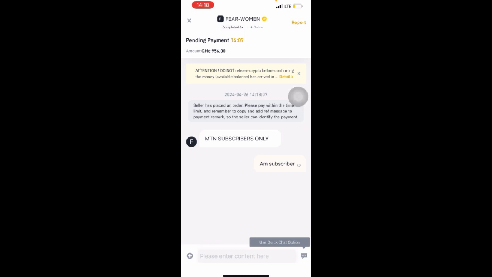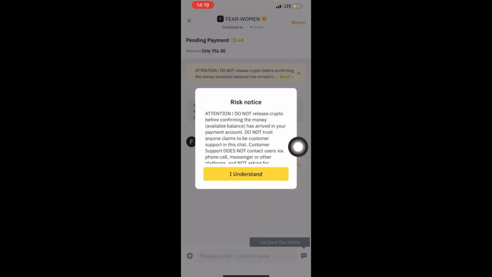So the person has 14 minutes to make payment, and this is where people defraud others. At times they will pressure you. They will say, oh, they have sent the money, so release your USDT, and when you mistakenly release it, you will lose your money. So if you're a beginner, you have to read this first